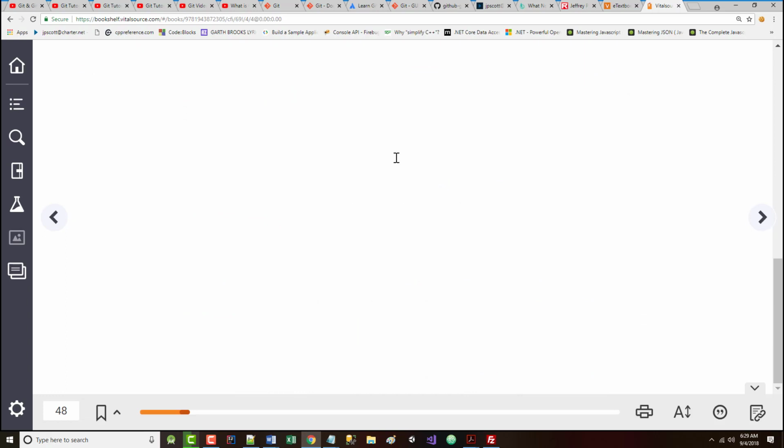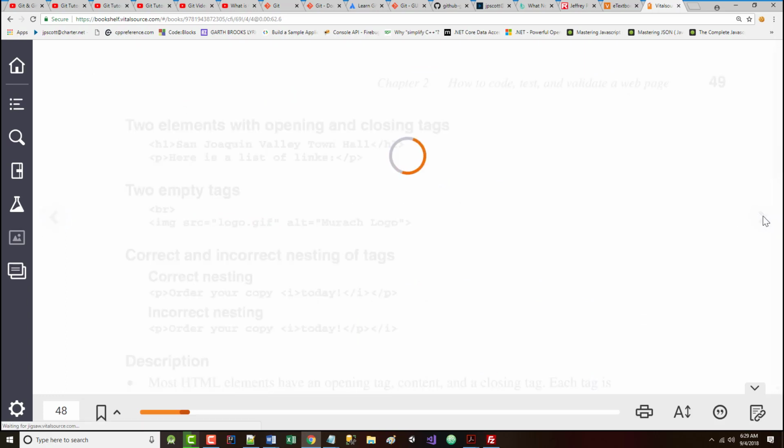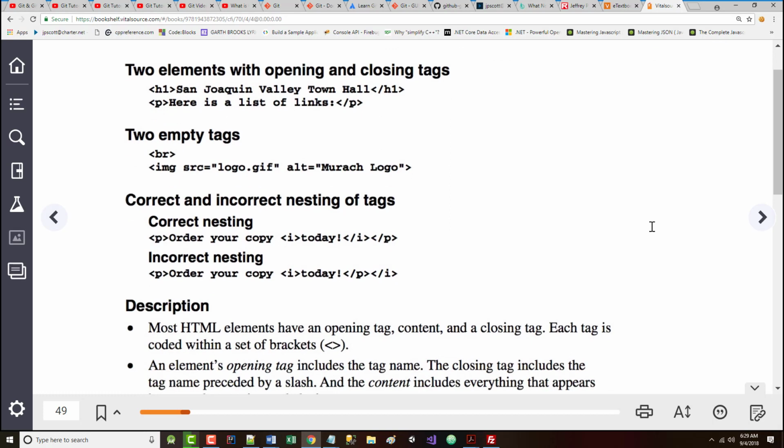As far as how to code elements and tags, some of the major tags are shown here. Notice first we've got an H1 tag. I mentioned this to you in the last chapter, that H typically does stand for header. So there's an H1, an H2, an H3, an H4, an H5, and an H6 tag. All right, so header 1, header 2, header 3, header 4, header 5, and header 6. The higher the number, the smaller the default font size for the text. Underneath that, you can see there are a couple of